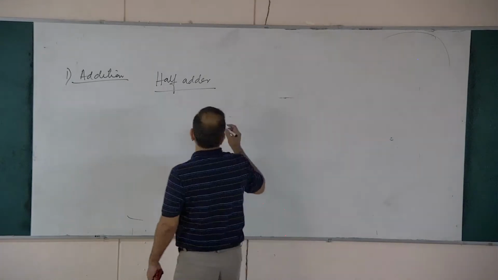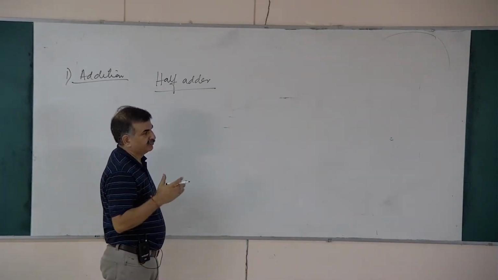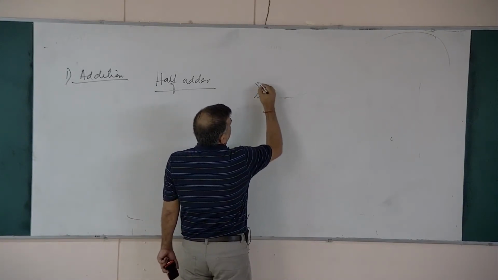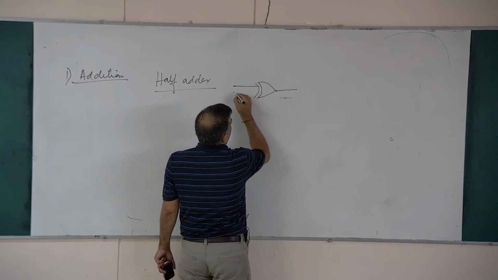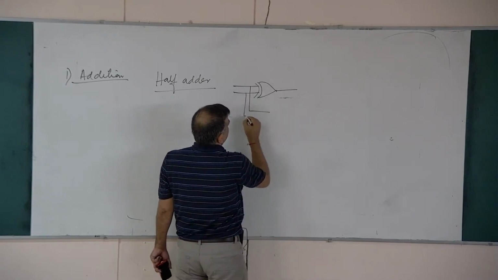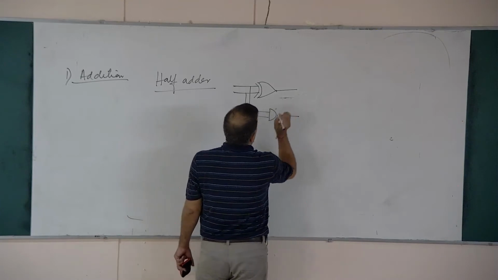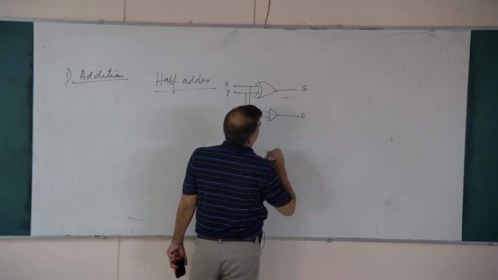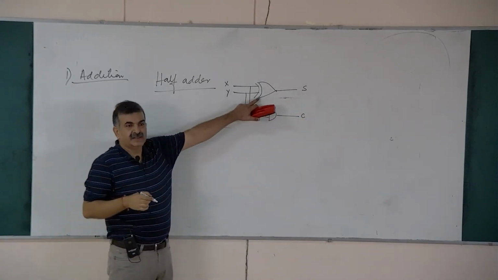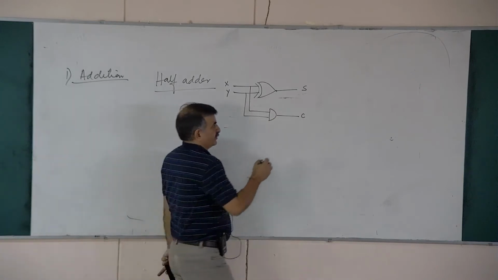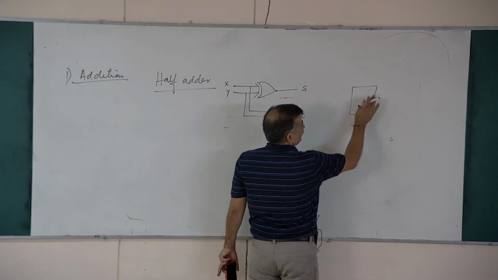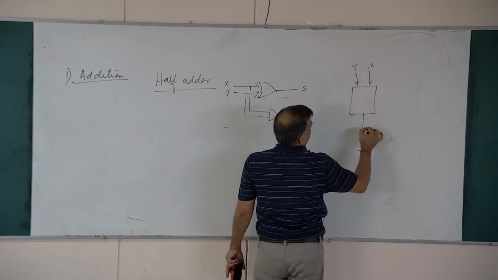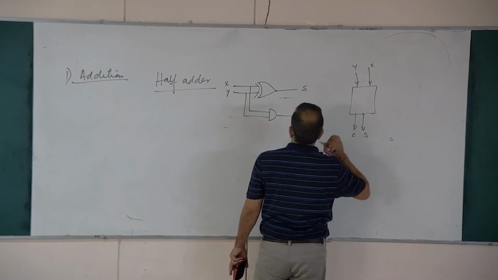For example, we are all familiar with the gates. Let us take 2 gates. This is the internal circuitry of a half adder. Both these gates have some input and output. So let us say the inputs are X and Y, and the outputs are S and C. This circuitry can also be represented like this: I have a box. What lies within this box? This circuitry. This box contains X and Y as inputs, and the outputs are sum and carry.